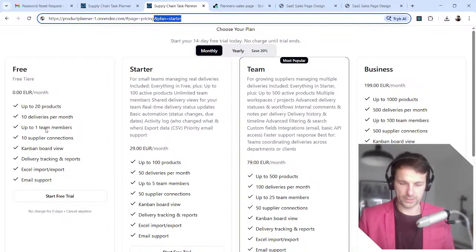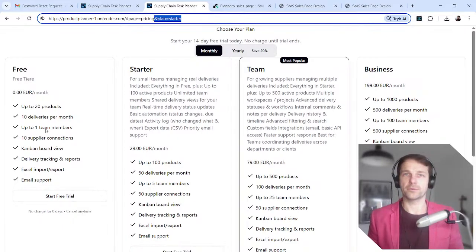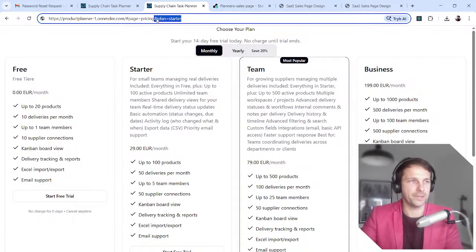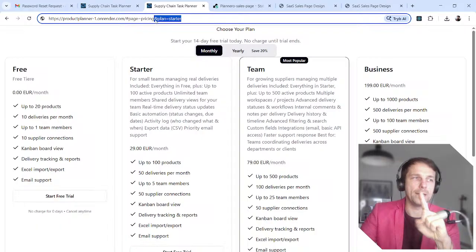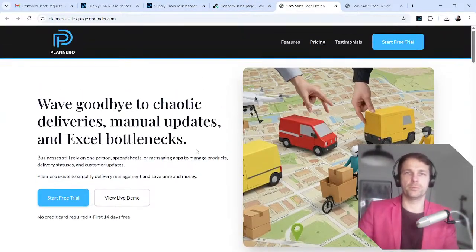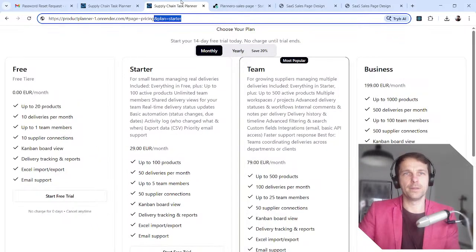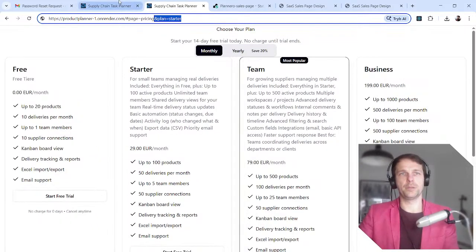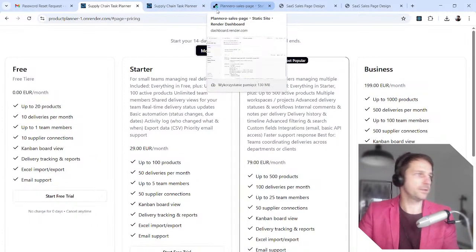But people who can solve the problem are the ones that are valuable, that people are going to pay for. So for example, my problem now is how to pass this variable from one application to the other, because I have two applications. One is a sales page, which is a simple React project, and one is a more complex React application for managing deliveries.